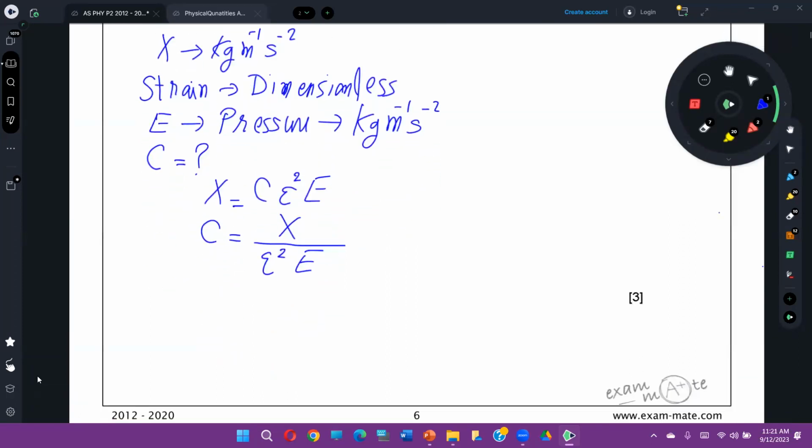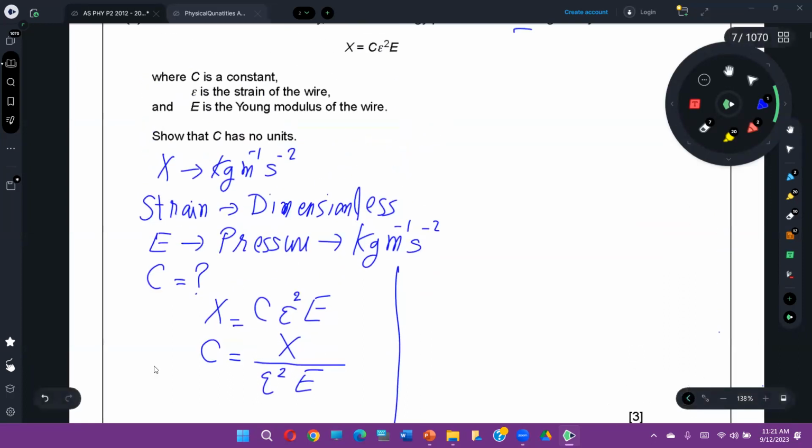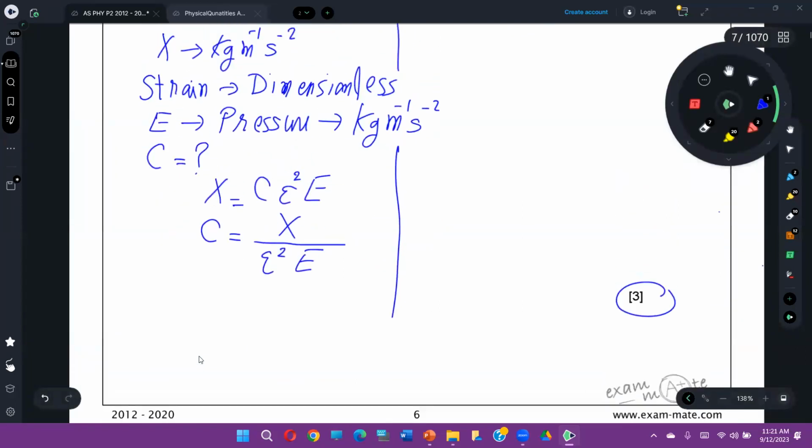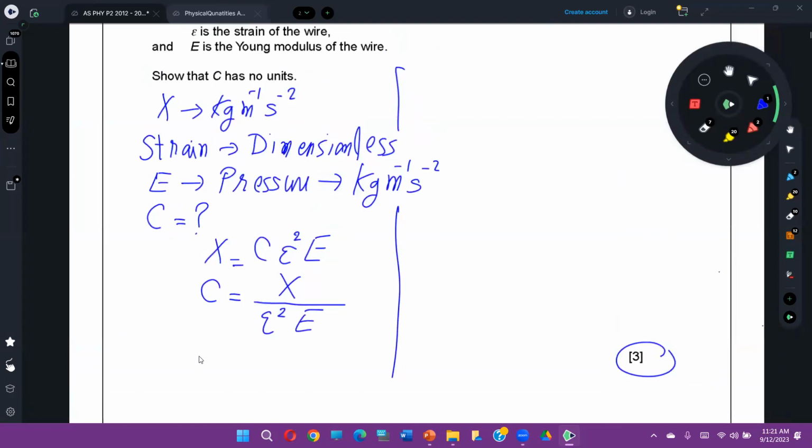Now, I'm making a partition because I have already reached the marking area. Look at the marking position here. I will not go below that, so I will make the partition and go to the right side. Now everyone has to contribute. I have to put X. So what is X? Kg m minus 1 s minus 2. Denominator: